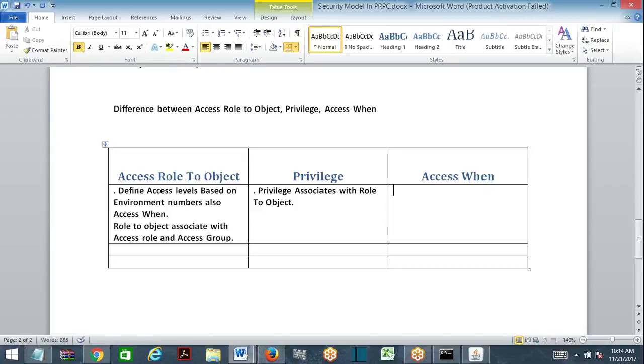Access when, what is the difference here? It defines only a when condition, and associates with role to object. All these are associated with role to object only. Now, what is the meaning of adding this role to object in the access group?